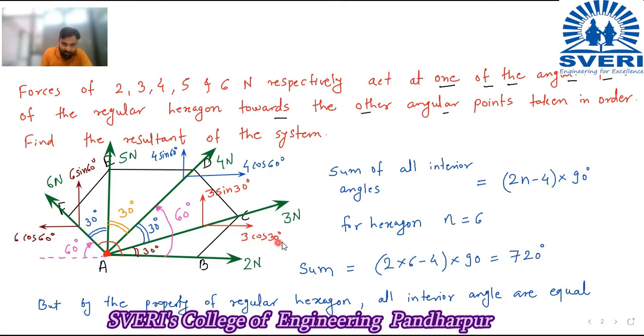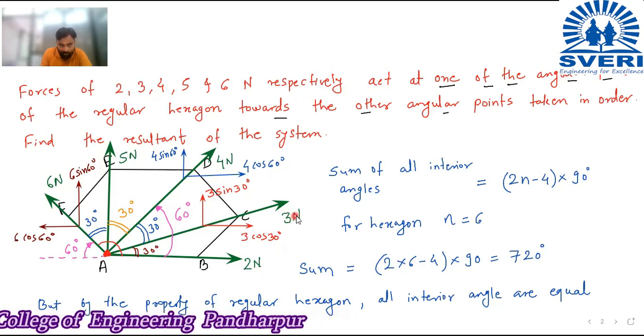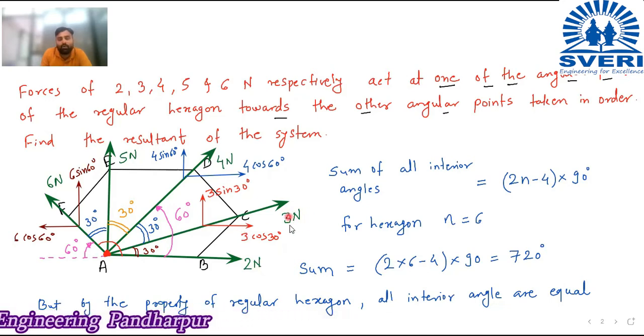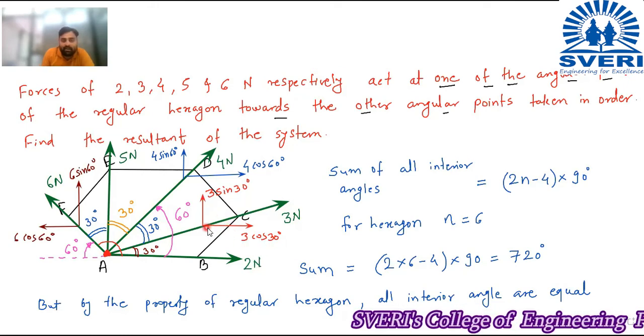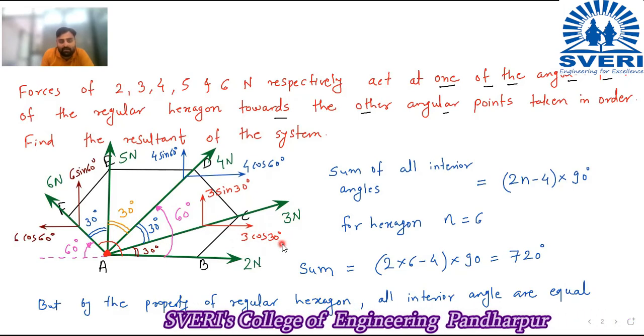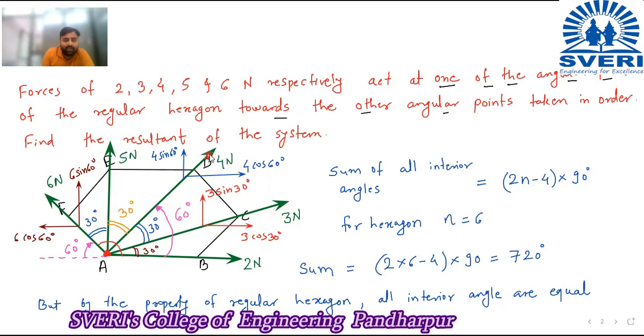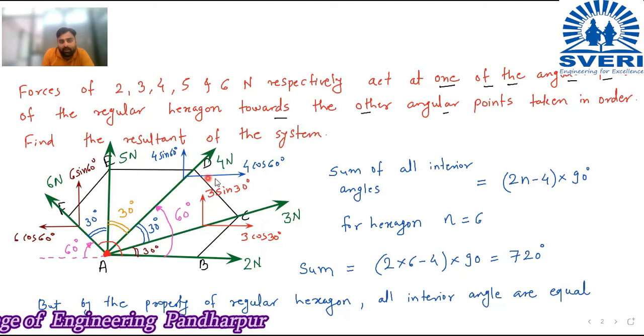Next force is this 3 cos 30. So 3 cos 30 is also a horizontal force, which is a component of this. We are not going to consider this 3 Newton force. Instead of this 3 Newton force, we will consider its component for the further calculation. So its component is 3 cos 30. It is again parallel to x, moving in rightward direction. So this is also plus 3 cos 30. Next is this force 4 Newton. So this component 4 cos 60. It is also moving towards right, so it is also plus.